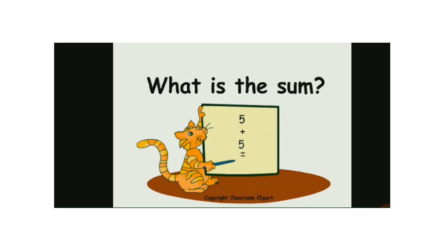What is the sum? You can see sum means addition. When you join two numbers, it is called sum. For example, you can see over here 5 plus 5 is equal to 10, right? So plus is known as sum. Addition is another word for sum. So sum means adding two numbers. You're not excluding any numbers, you are adding two numbers. 5 plus 5, that is 10. That's called sum.